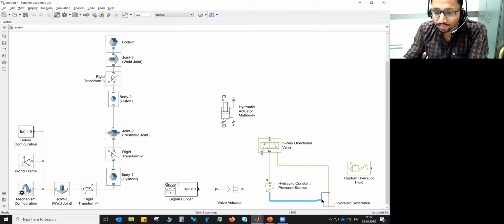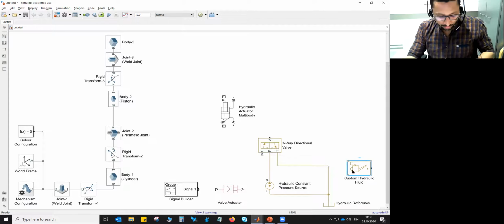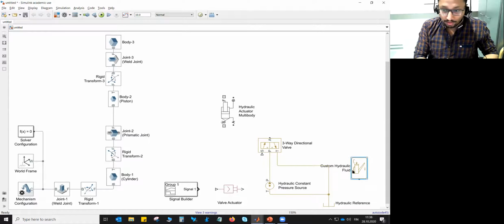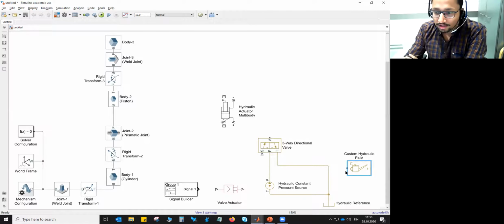I'm just making space. Then obviously the fluid needs to have some properties. So using Ctrl+R, orient this and have the hydraulic fluid properties over here. Fine.